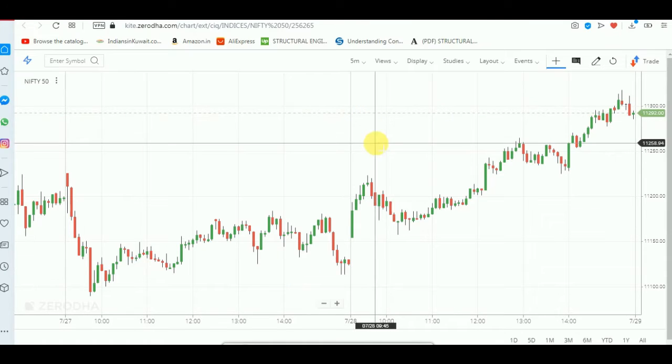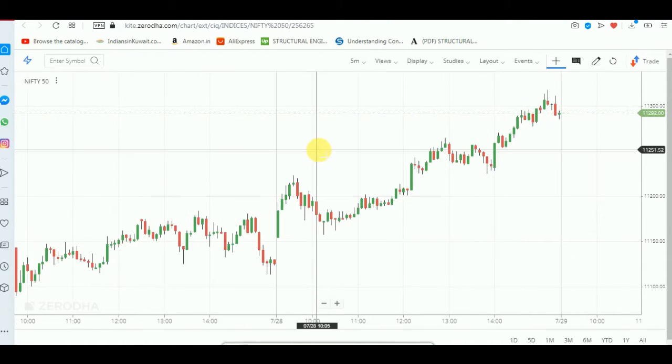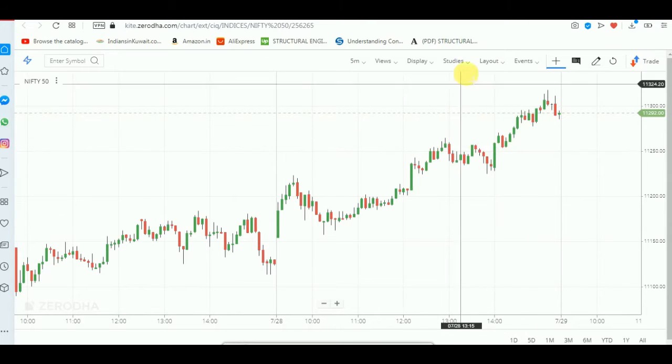So today I have a 5-minute candlestick chart, basically the price chart of Nifty 50. Here I am going to apply parabolic SAR. It is a technical indicator, basically a trend indicator which shows the trend of the market, whether the market is moving in the upper direction or in the downward direction. By this technical indicator we can understand what is the trend of the market, and what it was earlier.